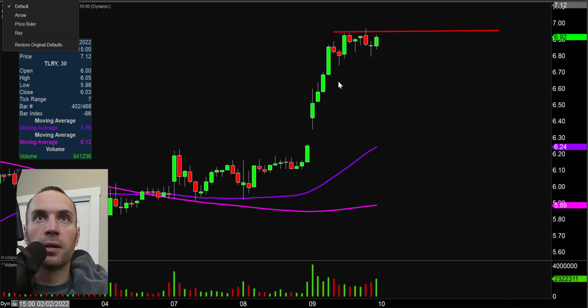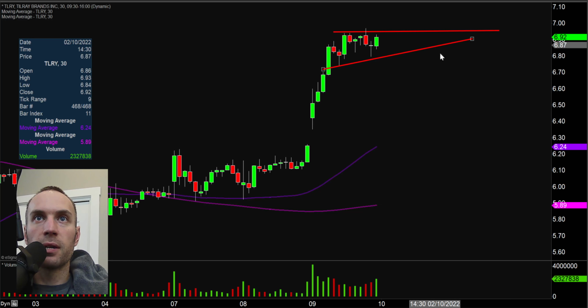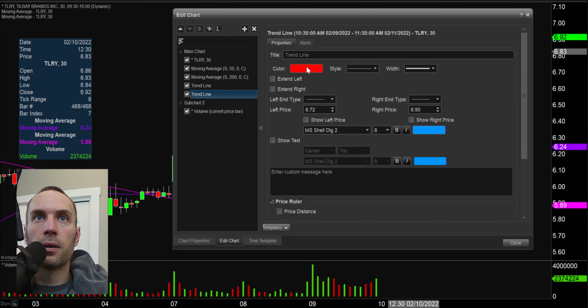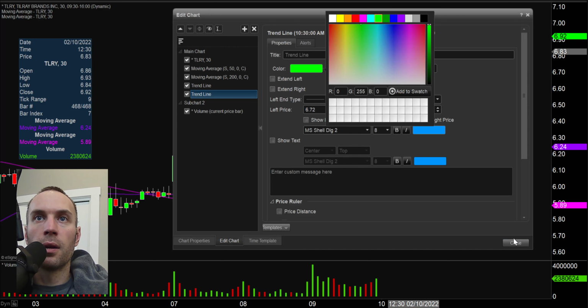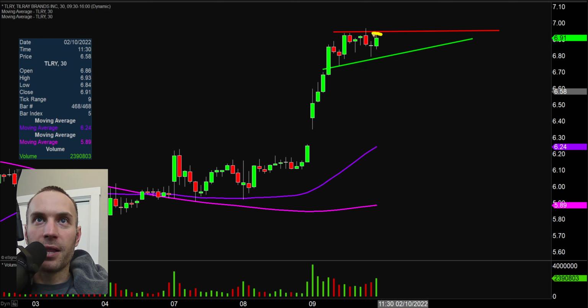$6.95. Next part of the pattern right there. Let me get that changed to green to represent more of the bullish dynamic. And then, of course, how much? The market's only got 1 minute left. So it's not looking like we'll get a breakout, I was thinking maybe we'd see it happen, but you can see it's bouncing around and it's running out of time to potentially get that breakout